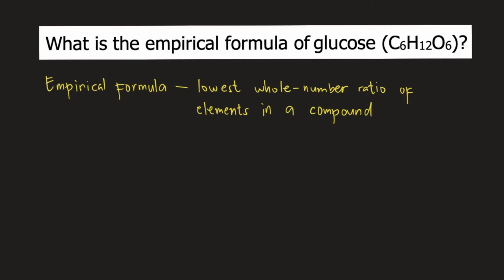What is the empirical formula of glucose, C6H12O6? So the empirical formula tells us the lowest whole number ratio of elements in a compound. In our problem, we are given the compound glucose and its molecular formula is